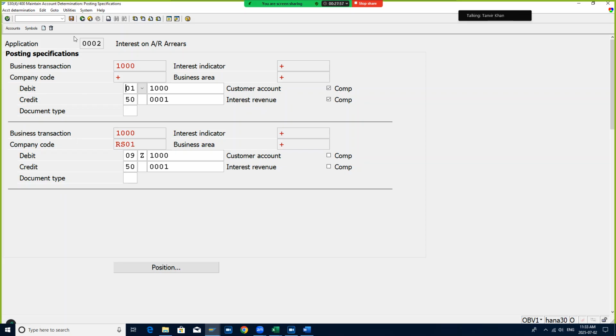Are we doing this one? Sorry, we were doing this only, right? We were doing this interest calculation on AR arrears, no? Yes. Okay, so click here, click on